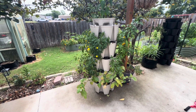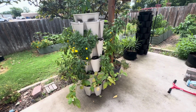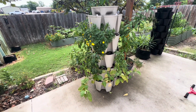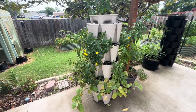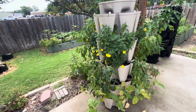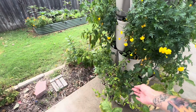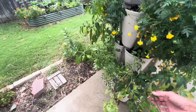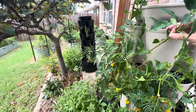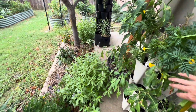All right, the pepper green stalk. It is actually not looking too terrible. We had a couple of days where it was very, very, very hot. So I have tried to keep up on the watering, making sure that there's plenty of water in these. And I think that I've done an okay job because I am seeing blooms. I'm not seeing a ton of leaf loss. I'm seeing new leaves actually, and I'm harvesting peppers pretty regularly from here. So I think once it cools down a little bit, these guys will really start putting on a ton of